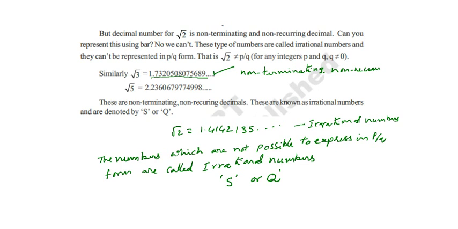When you observe anywhere non-terminating, non-recurring decimals, it must be called an irrational number. And in the same manner, root 5 is also. What is the root 5 value? 2.23606. If you find the root 5 value in the above procedure, you may get this value. This is also non-terminating and non-recurring. Hence, root 3, root 5, root 2, such type of numbers are called irrational numbers.